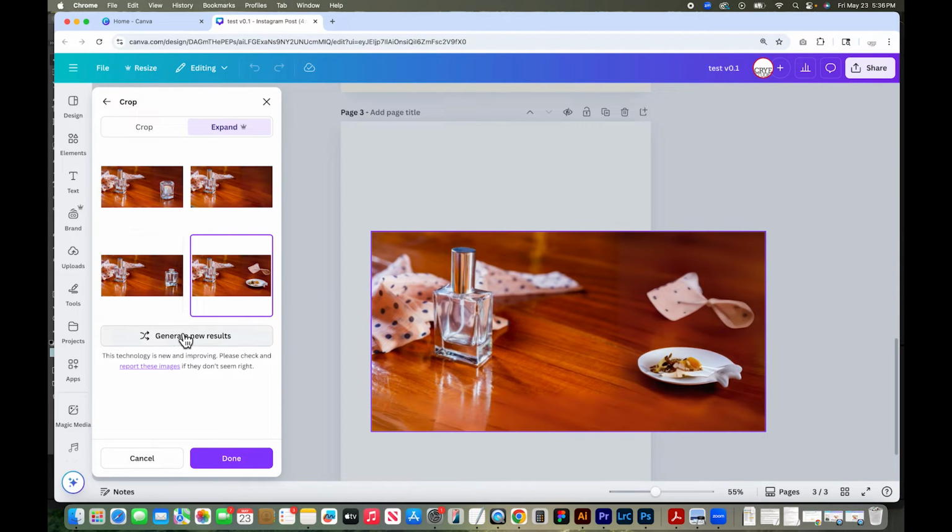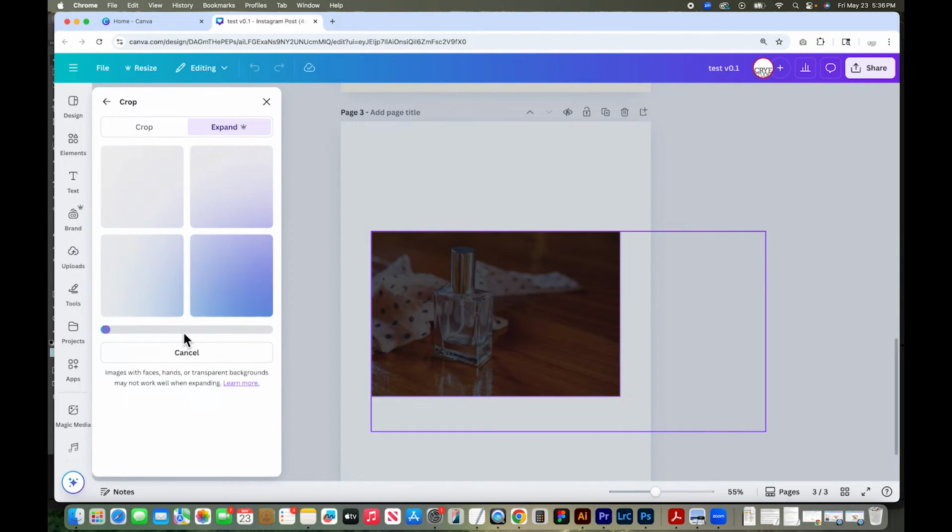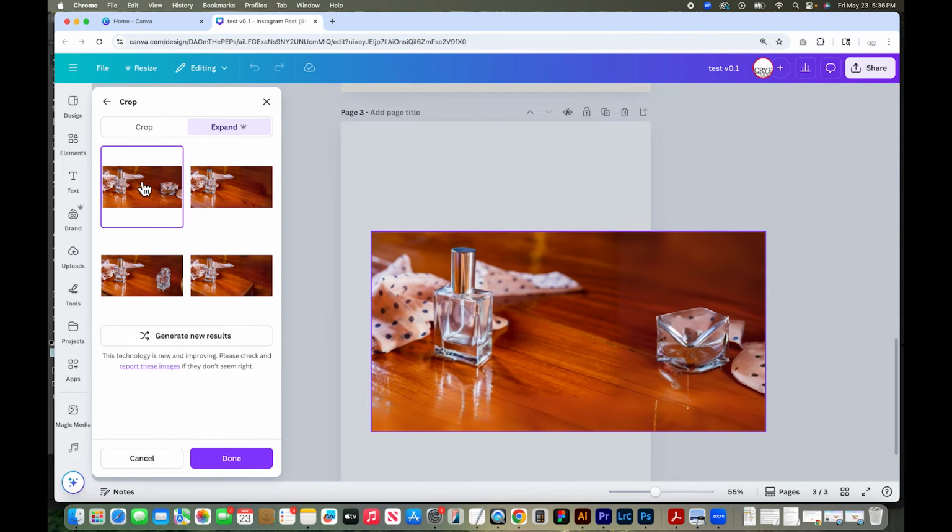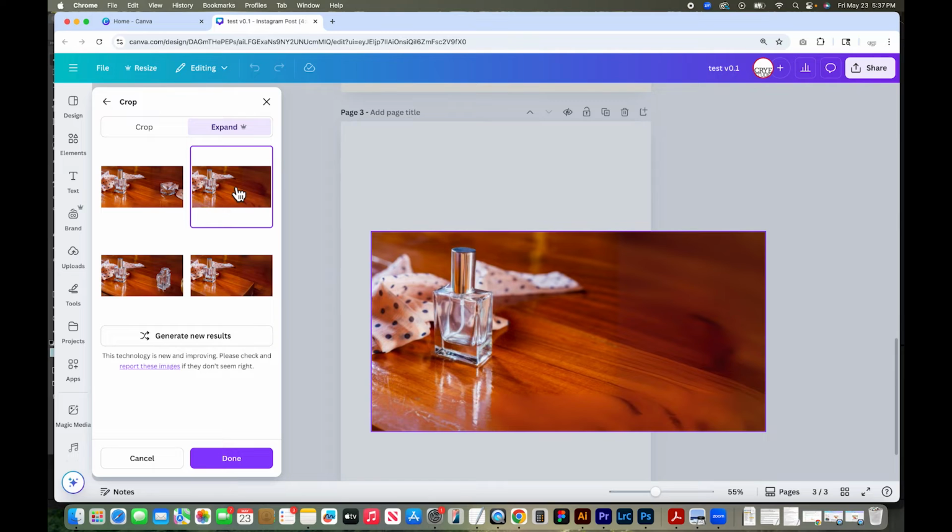So let's say generate new results, and let's see if we get a better result the second time. All right. A few other weird things, but let's click on this one that has nothing in it. This is still not great, but technically you could put some text here. So this is one of Canva's AI tools, and it's trying to fill in the rest of this image using AI. So this will get better over time, but you can see this is now a much more usable image